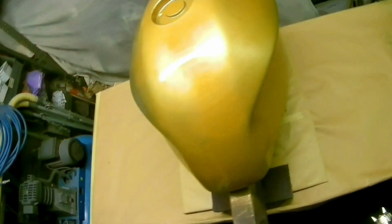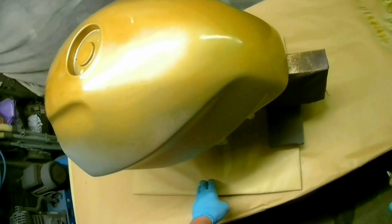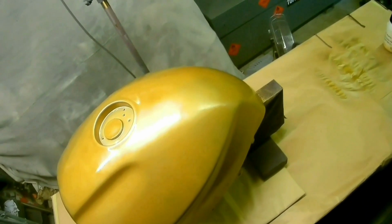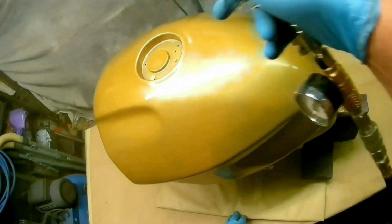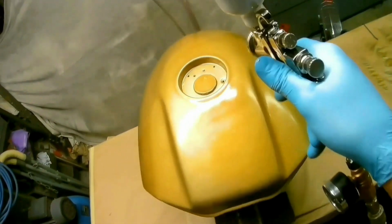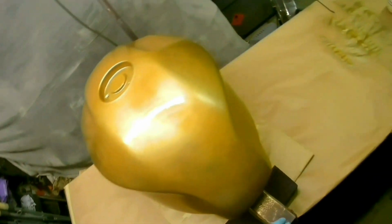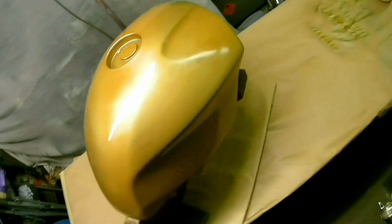You'll also notice that I'm moving a bit quicker. The reason I started moving quicker is because I've heard that Waterbourn base coat normally covers better anyway. So I thought I'd move quickly, keep the distance away, and see how it laid. And it laid actually quite nice, really. To be fair, they often say with